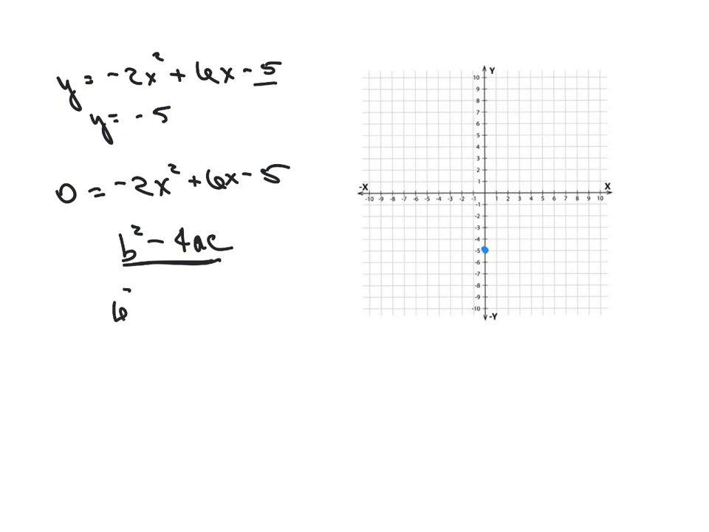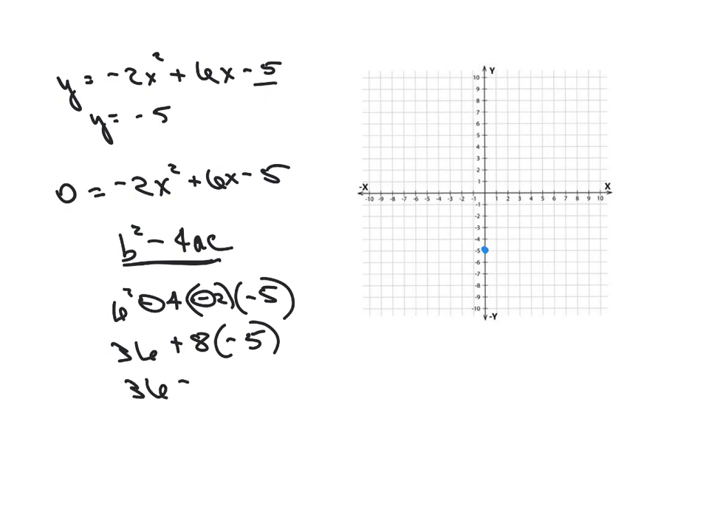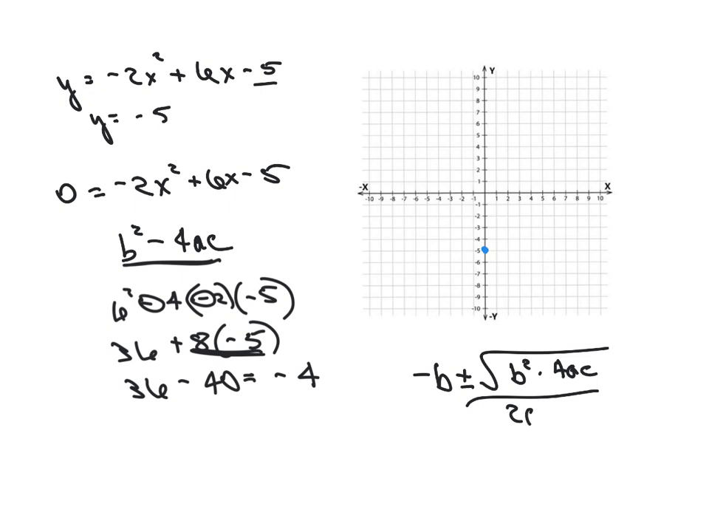B is 6 minus 4, A is negative 2, and C is negative 5. Plus 8 times negative 5, because this negative and this negative made a positive, 36 minus 40. This gives me a negative 4. That means when we write our quadratic formula, this part in here is equal to